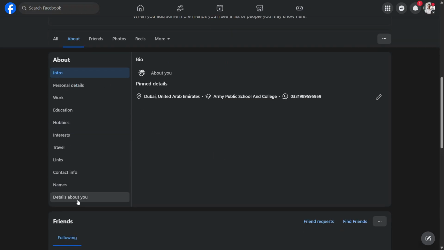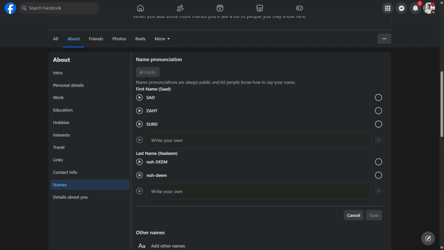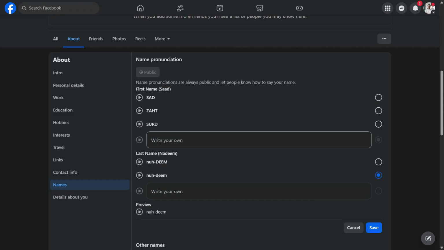And from here, we click on the names at the bottom and click on the name pronunciation. Click on this and it will show you different options. So this will spell Nadine. You can add that, and you can write your own version of pronunciation,